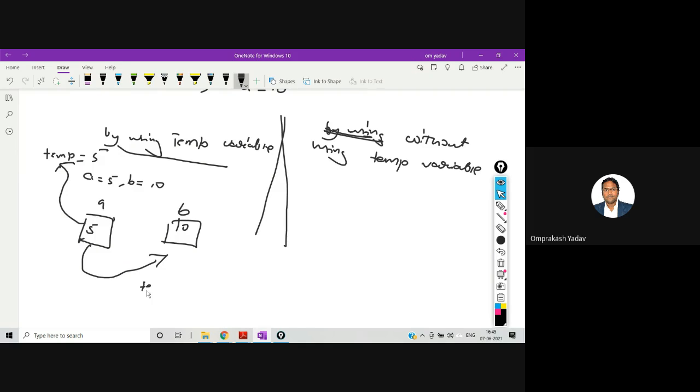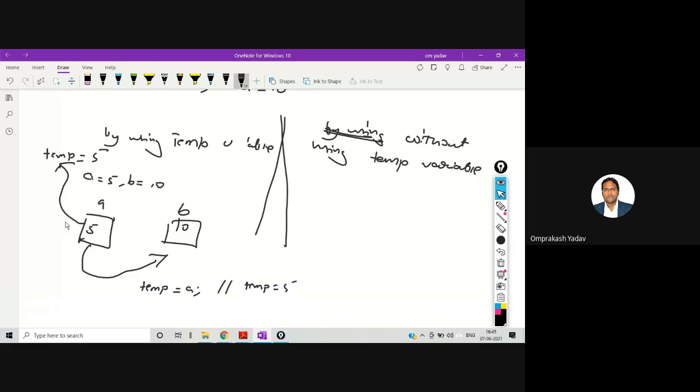First I'll write temp is equal to a. So I have preserved a's value, temp has become 5.